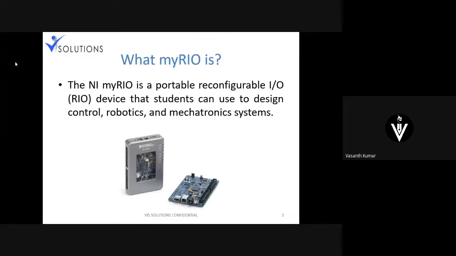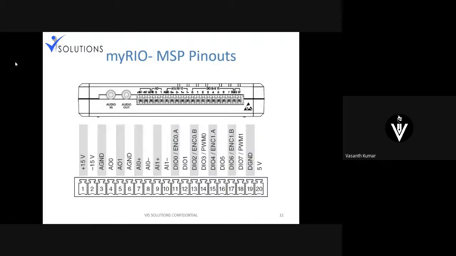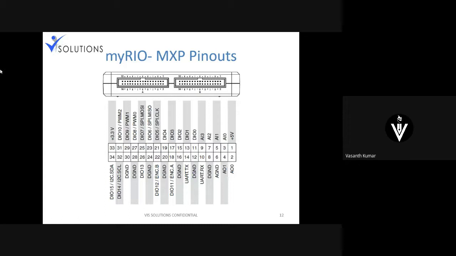See, we have come across all these things. The myRIO has onboard devices, everything. These are fine. So today we'll be using these kind of connectors. Yesterday also we used these connectors, and today we'll be using these MXP connectors, because MXP has all this, UART. You can see at the bottom, UART, transmitter, receiver. You have SPI connection. You have I2C. All right. So this is what this device has at the MXP connector.